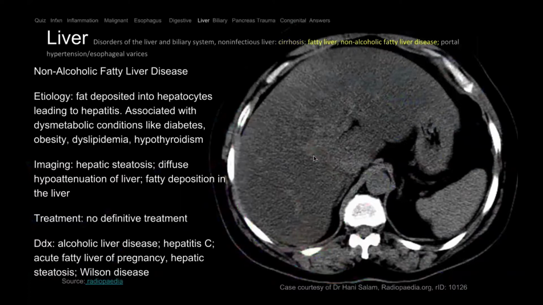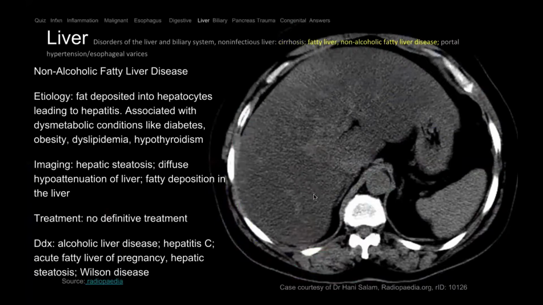Okay, more stuff in the liver. So here we have liver, and this is the spleen, and you see the density of the liver is darker than the spleen. So that's hypodense. This part of the vessels is the hyperdense area. So this is not alcohol, but just fatty liver, hepatic steatosis. It can be from alcohol. Most commonly now, actually, it is from obesity,